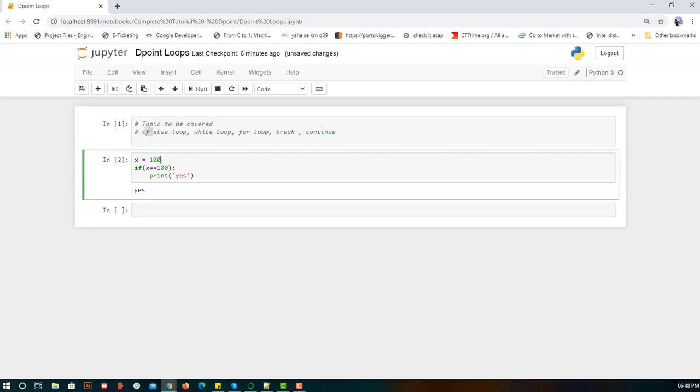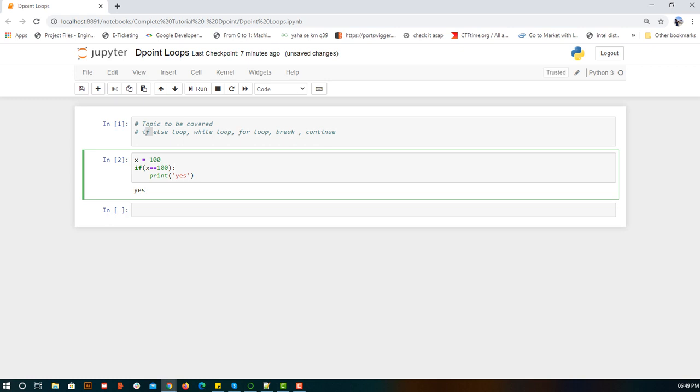What is happening is, first we assign some value to a variable called x. If you don't know about variables, go to the first part. Here we assigned an integer value 100 to a variable called x, and then we are writing if. Under if we'll write some expression. The output of that expression should be either true or false. Otherwise you cannot write the expression in the if statement. Whatever we are writing in the if, we are writing an expression which will derive an output, whether true or false.